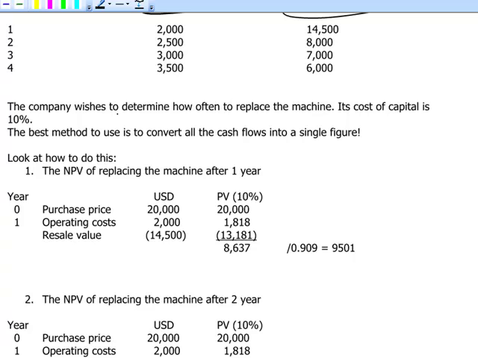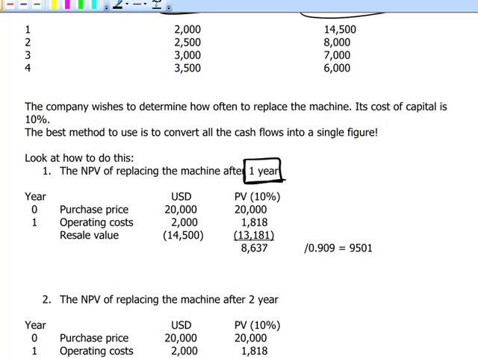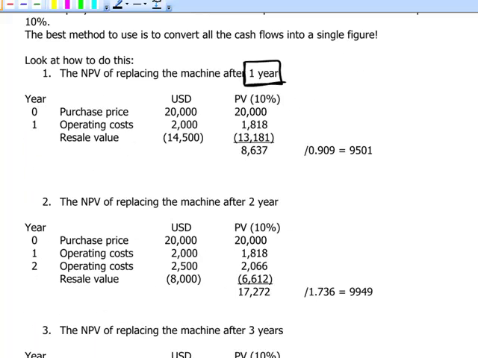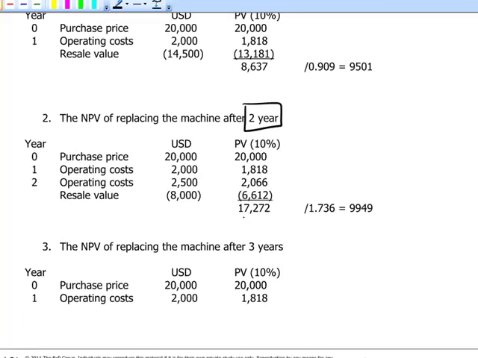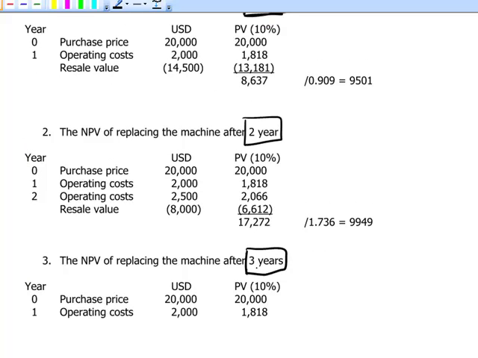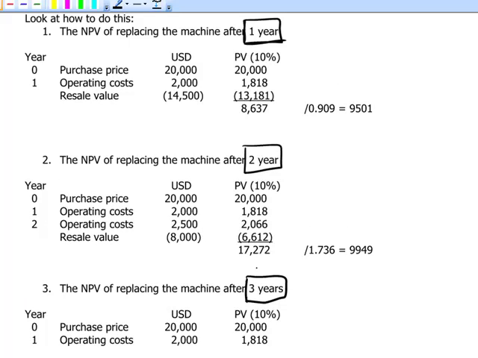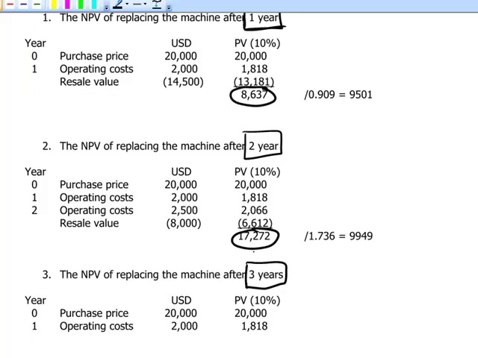The first scenario being if we replace the equipment after 1 year, what the impact is going to be. What the impact will be if we replace the machine after 2 years. In other words, every 2 years we replace the machine. And the third scenario is replacement after 3 years. Now, one can see here that the simple comparison of the net present values of the 3 scenarios will not be decisive